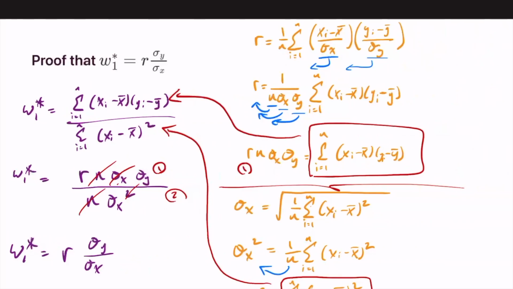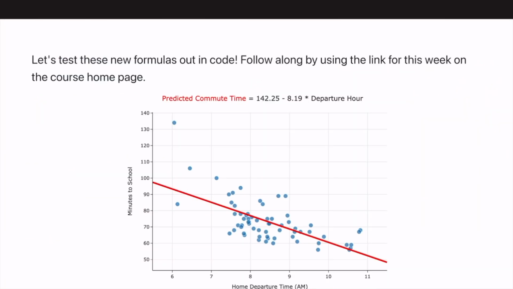ahead and move on to the next thing. Okay, so in class, we'll go ahead and look through some code for simple linear regression. I'm not going to do it in this lecture, mostly because I'm recording this on the iPad, and sitting here writing code would not be very easy. So in class, we'll go ahead and work through this, as well as some additional code stuff. But for now,